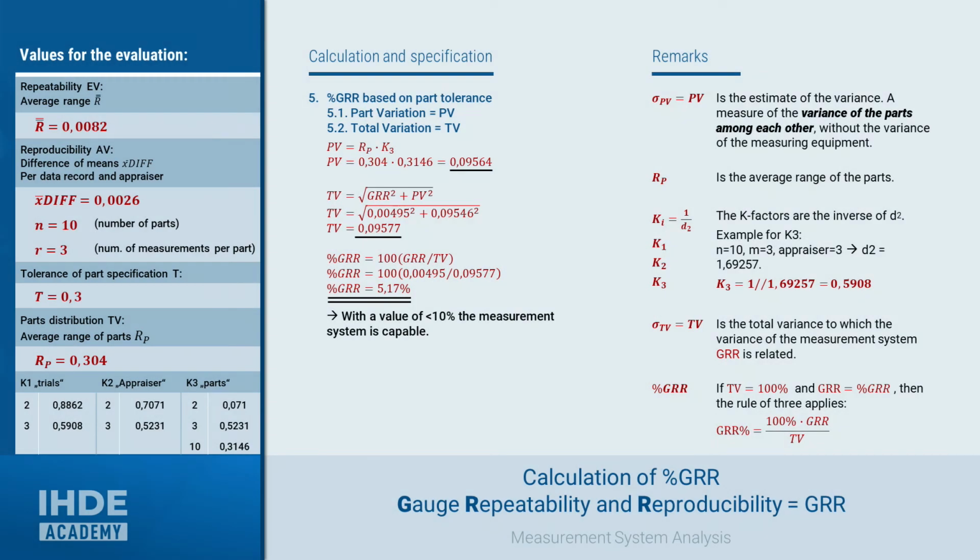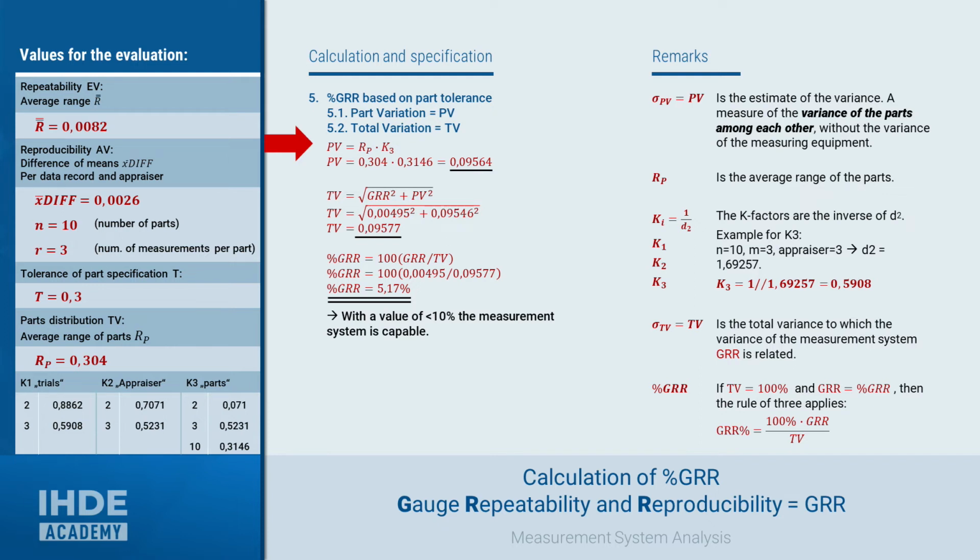With the value just calculated, one could actually end the proof of the measuring system capability. But I would like to briefly show you an alternative calculation method. Here, PV is a measure of the variance among the parts, so without the variance of the measuring equipment. This is calculated from the average range RP, which is already known, and the factor K3, which is again taken from a table. With these values, we get a value of